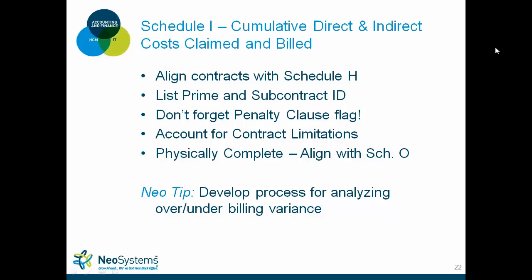One thing here that I want to highlight as well is the new tip here is to develop a process for analyzing the over and under billing variance. If you have a $1 million variance, I'm praying that you don't, but if you do, there's got to be a reason for that. And to do that, you've got to make sure that you are tracing those variances so that it makes sense to you before you submit your incurred cost